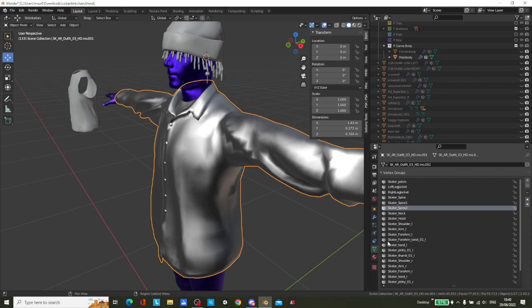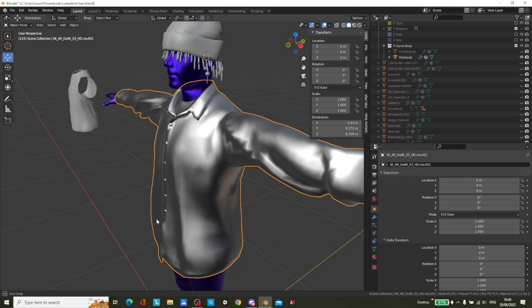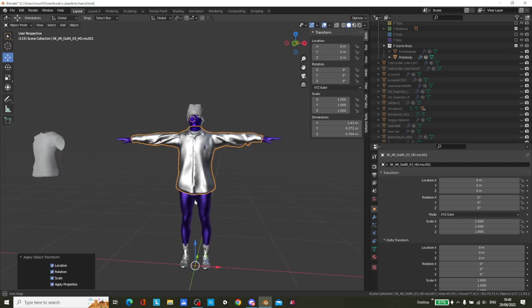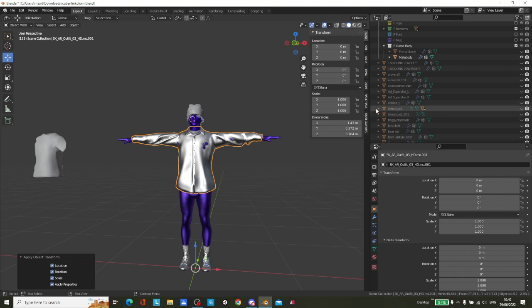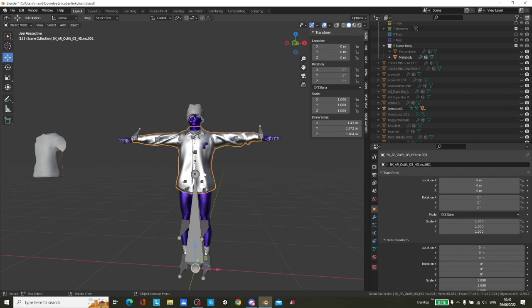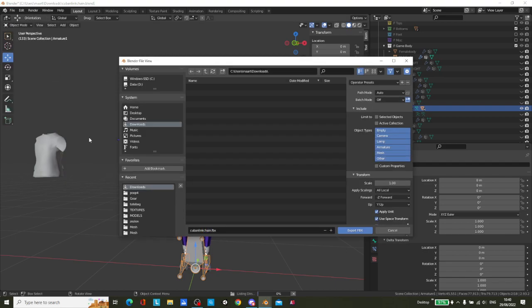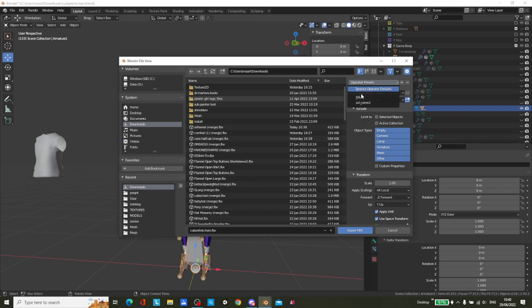Then we check this. These are all here, so it's alright. To be sure, I just click on the mesh, press Ctrl A, and press all transforms. So this is alright. Then you are going to search for this thing, armature 1. You're going to make it visible. You're going to click your mesh, shift click the armature, go to File, export it as an FBX, and then you want to make a